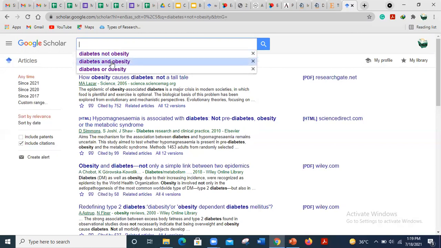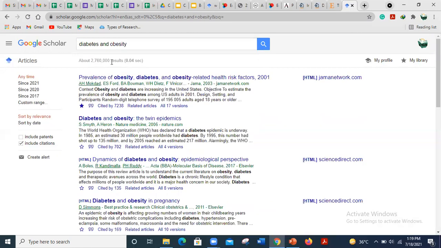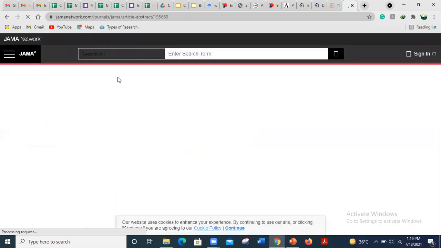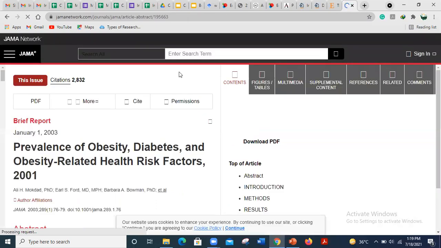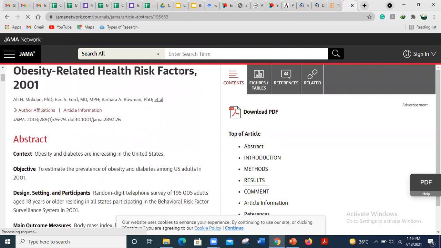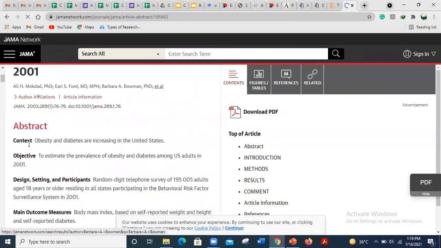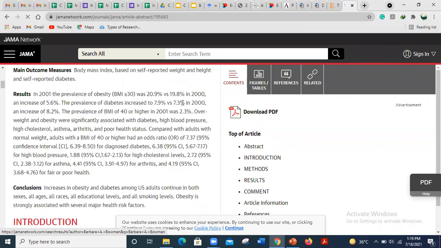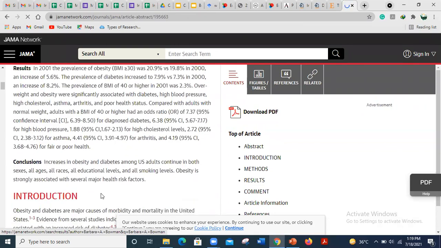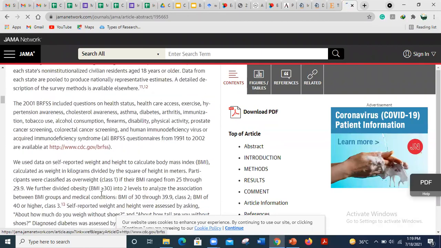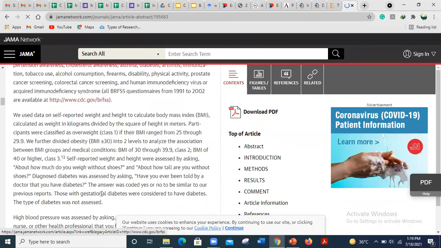Suppose that I have searched about diabetes and obesity and I want to open a paper. So here I can open the paper. I have clicked it, so it's my research paper. All right, it has the abstract, context, objective, results and conclusions, and then the introduction of the paper, then the methods of the paper, and all these things.